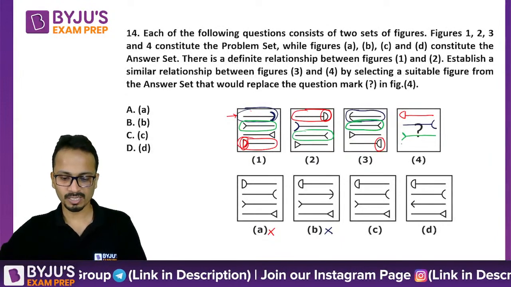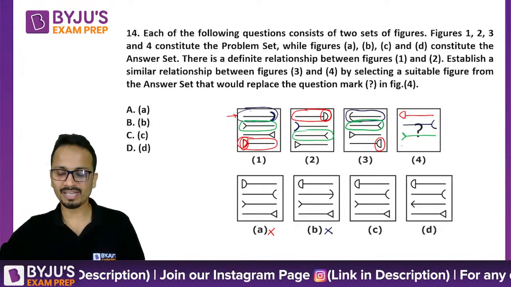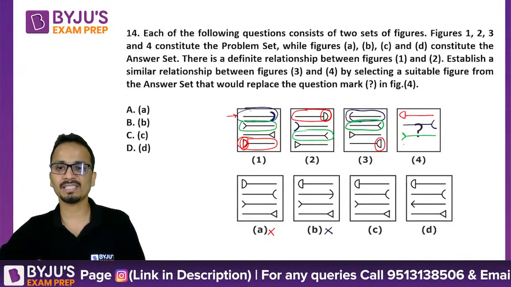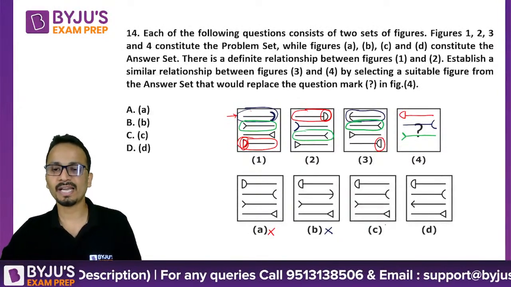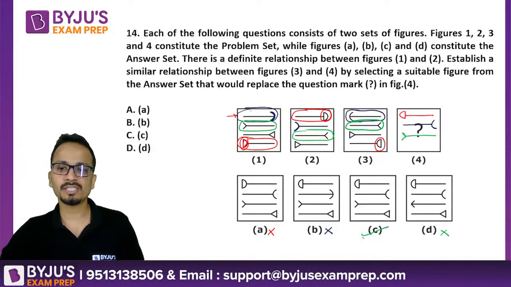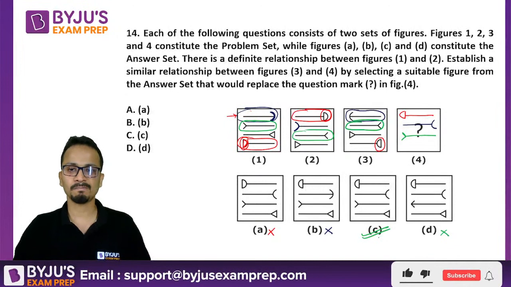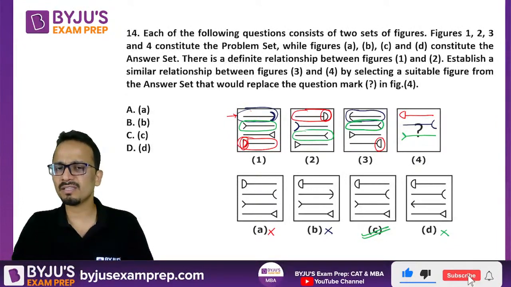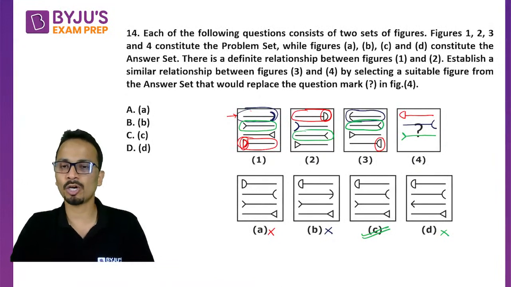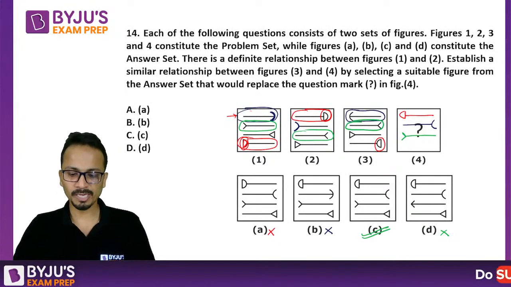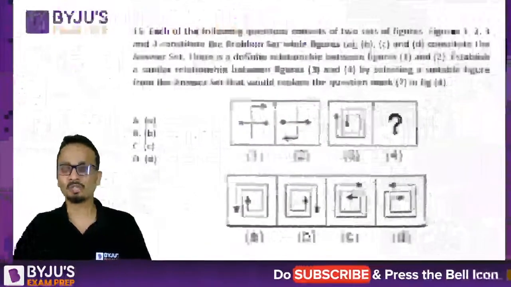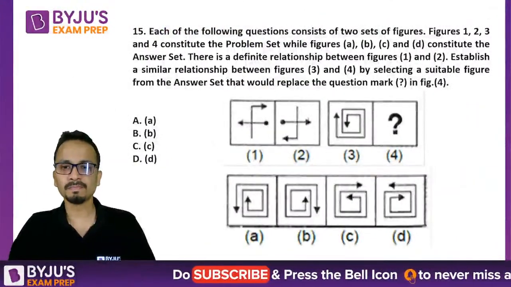So it will look like this. Okay. I have drawn it with a green color. All of you must have seen this. And this is what will decide the final answer. Option D is eliminated. Option C will be the correct answer. Okay, so I have seen the movement of the three figures based on which I have got my final answer. Okay, let's move and look at the next question, the last question of our lecture.